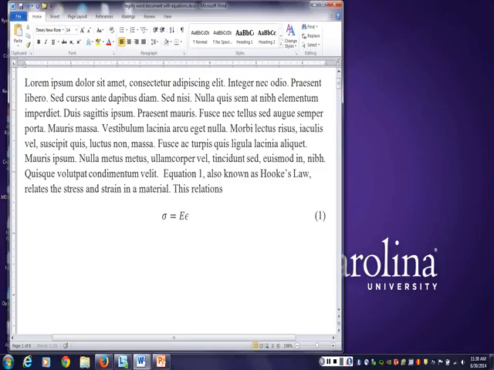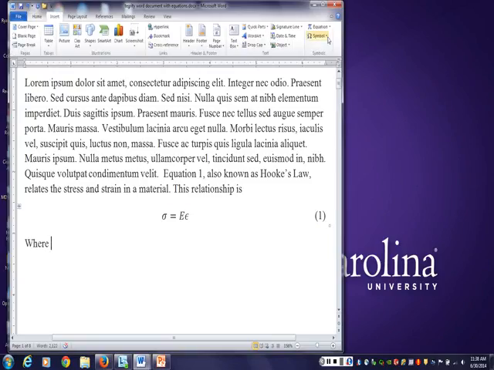So this relationship is sigma equals E times epsilon, and then below that we're going to continue the sentence where, insert symbol, sigma is stress and symbol